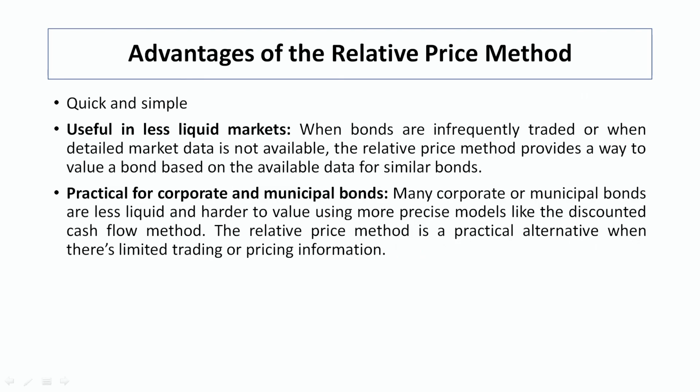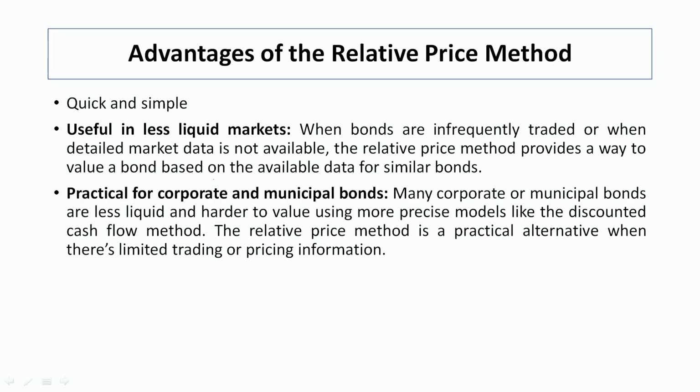So, what are the advantages of relative bond pricing? It is quick and easy, because if we have proper availability of data, we can easily compare the bonds and calculate. It is useful in less liquid markets, because when bonds are not frequently traded, it becomes difficult to get prices, as they fluctuate quite a lot in that situation. When bonds are infrequently traded or when detailed market data is not available,